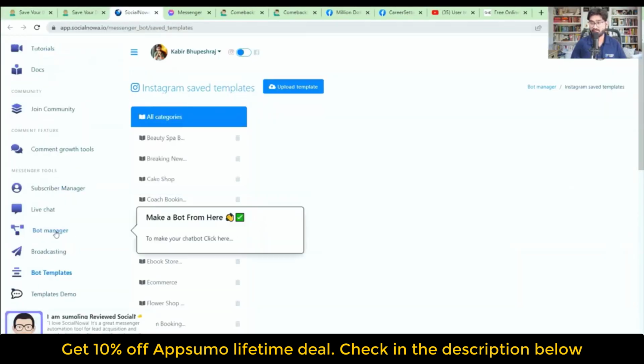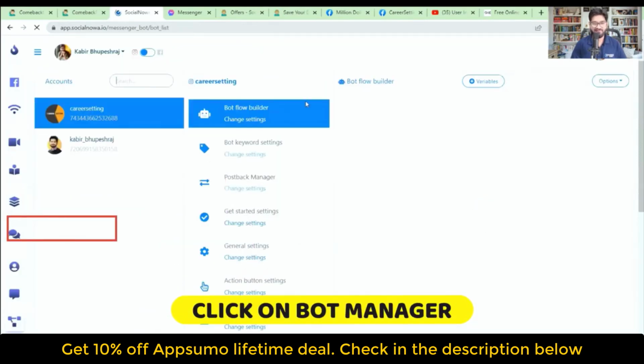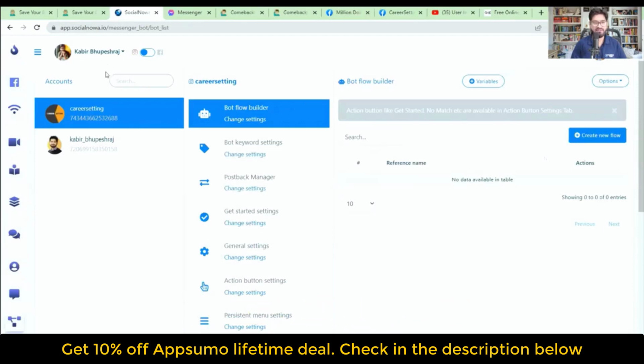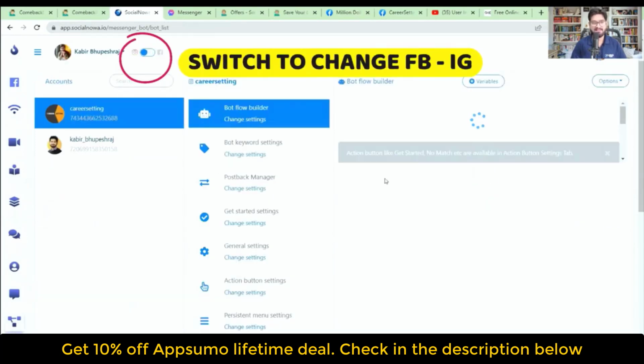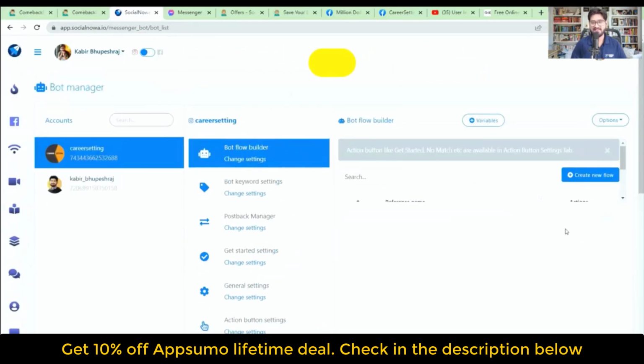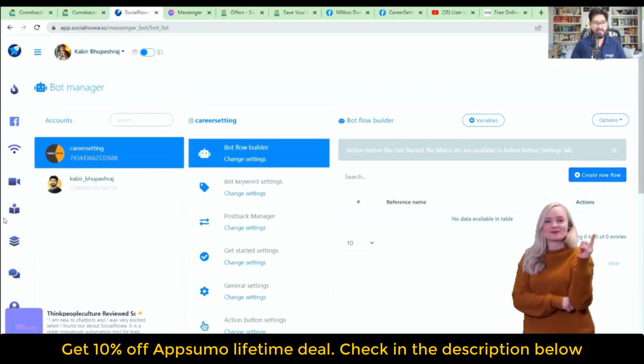And the most important feature of SocialNowa Chatbot, which is bot manager. So from here you can create your bot, you can select the pages, you can switch to either Facebook or Instagram. You can create the pages, you can enable the bot, and then you can start creating a new flow. Okay, so